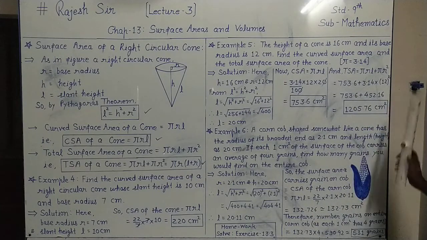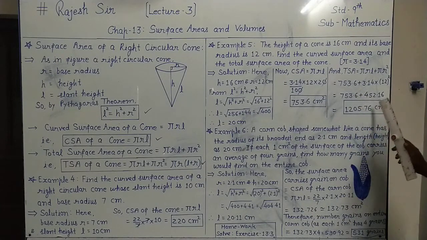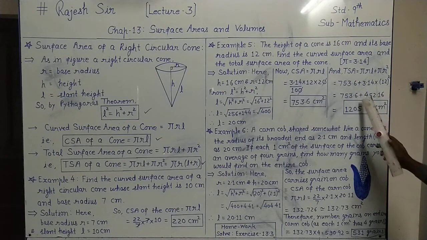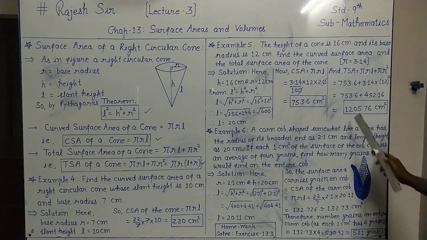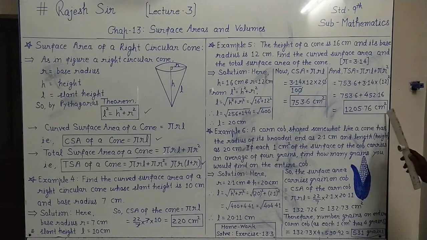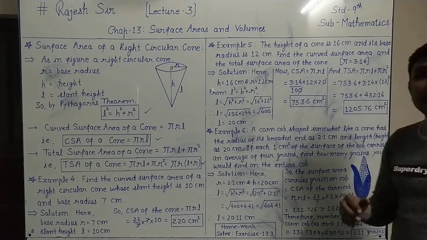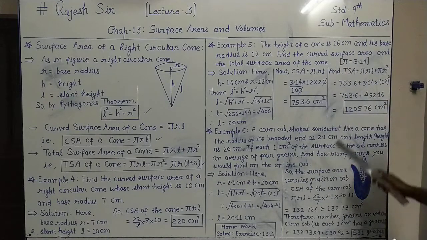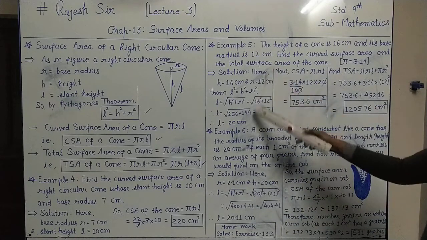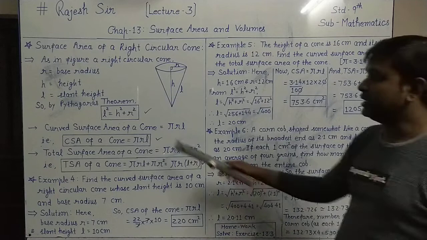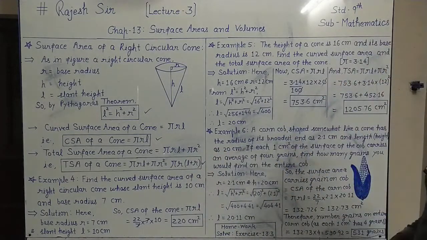Now, very simply we have to sum these two up. 6 and 0, 6; 6 and 1, 7; 2, 3, 5, 5, 5, 10, carry 1; 7, 4, 11; 1, 1, 12. So 1205.76 centimeter square is the total surface area of this cone. So this way we get both the answers of the question in example 5. First, the slant height is not given, so we find the slant height by this relation. So next is example 6 now.